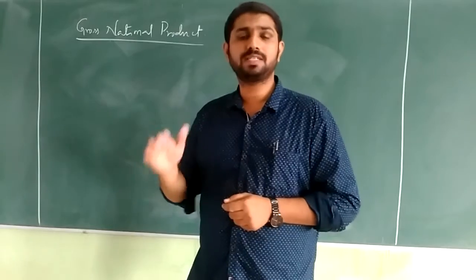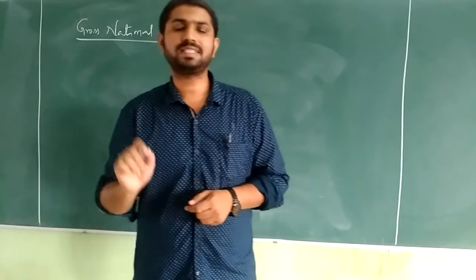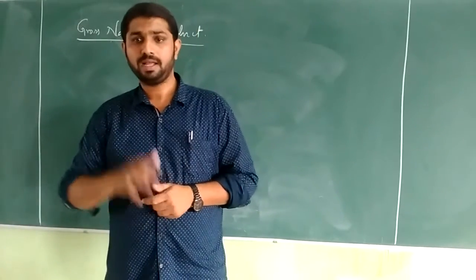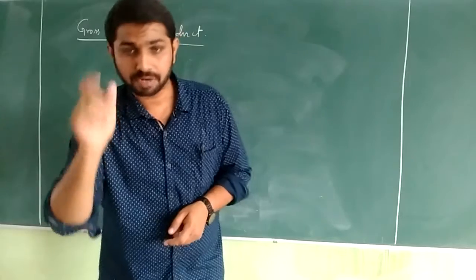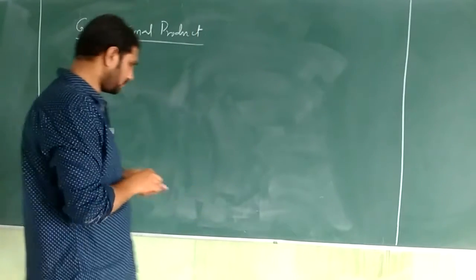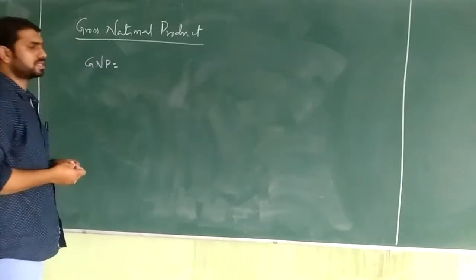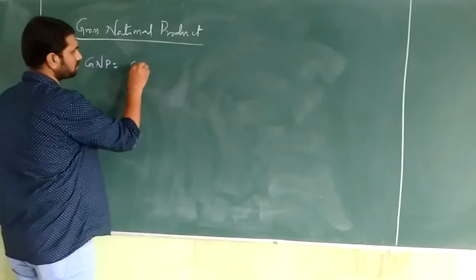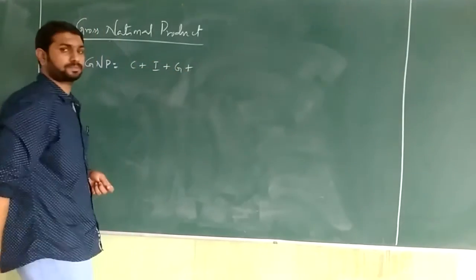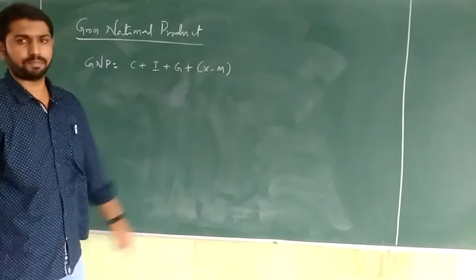Gross national product is the monetary value of all final goods and services produced within a country, plus income from abroad. That is the thing we can easily express in a formula. The formula is very simple. GNP, gross national product, equals C plus I plus G plus X minus M, exports minus imports,